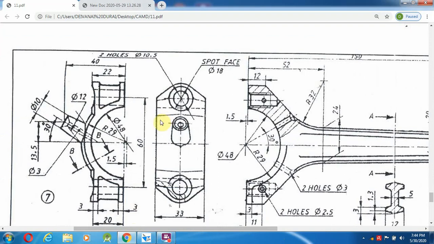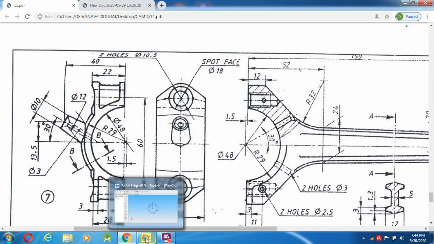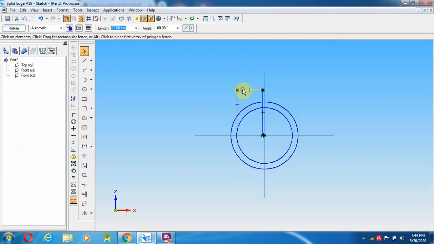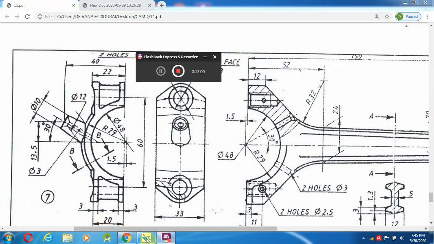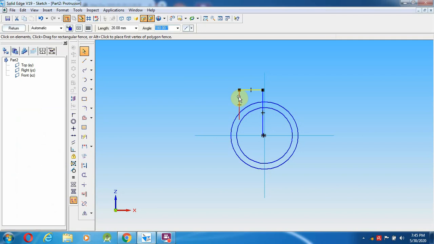So these things have to be changed over here. So that is the 20 mm diameter. So I made a mistake, because see over here the bottom they given as a 20 mm diameter. So it has to make 20 mm. Then the height, instead of 39 you can give as a 40 mm. So full length it has to come 40, that's it.